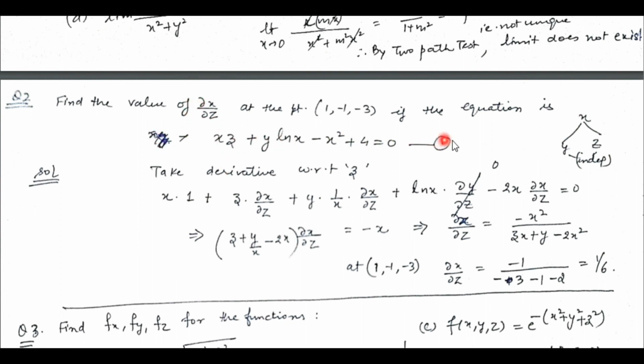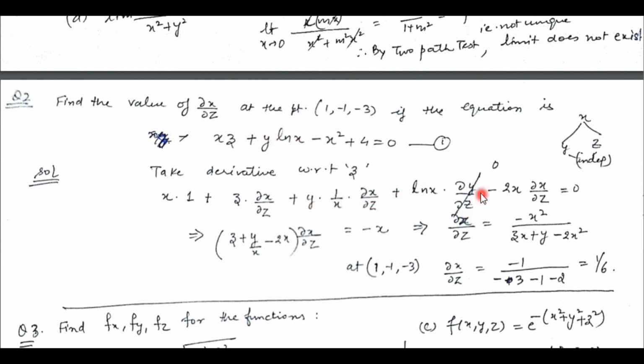So we take a derivative of this equation, both sides, with respect to z. Here x is also depending on z, so we have to apply the u into v rule. So first function as it is into the derivative of this with respect to z, which is 1, plus z as it is into the derivative of first function, it's ∂x/∂z, plus y as it is into the derivative of ln x with respect to z, which will be 1 over x into ∂x/∂z, plus